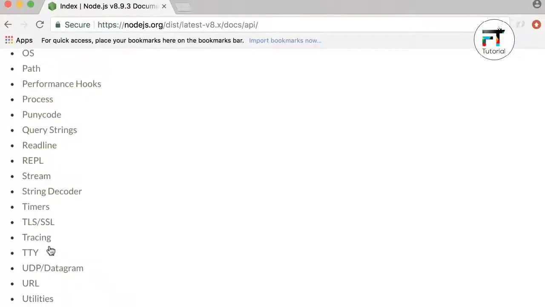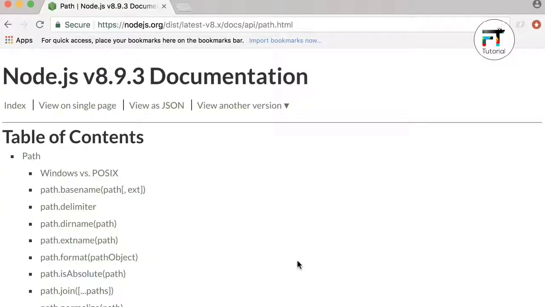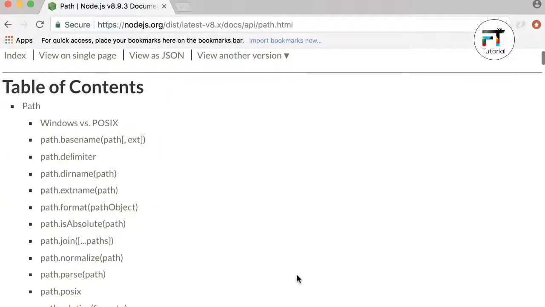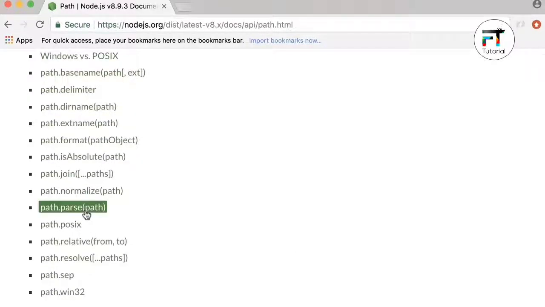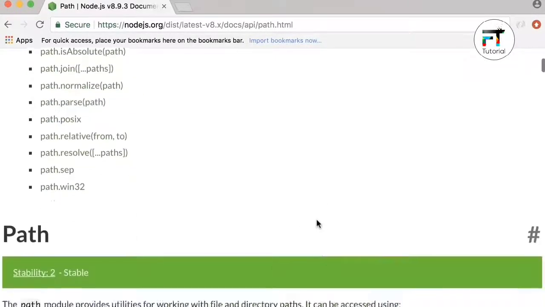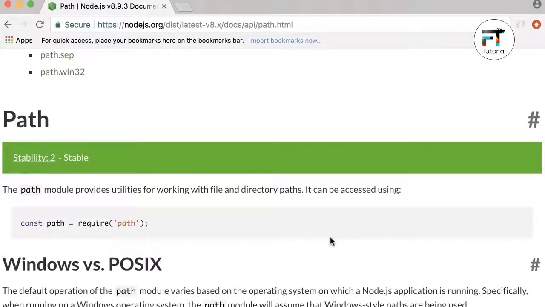Now, in this lecture, we're going to look at this path module. So, on the documentation, you can see all the functions defined in this module. In this lecture, we're going to use the parse method. Now, if you scroll down, you can see how you can use this module. So, you have seen the require function before. We call the module using the require function, get the result, which is an object, and store it in a